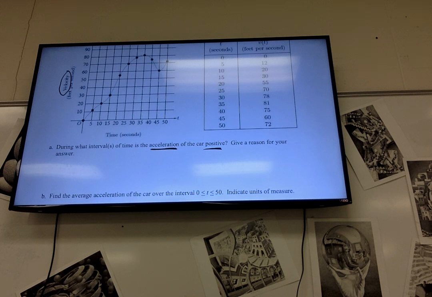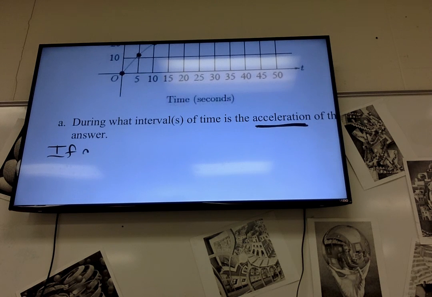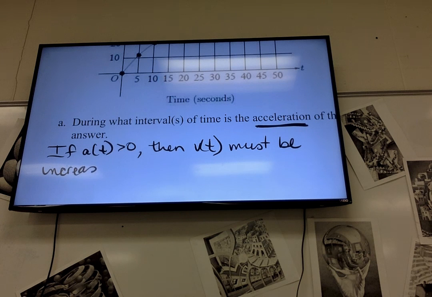So we look at the graph or we look at the table, and we're going to find where v of t has a positive slope or is increasing. So how we can describe this is if a of t is greater than 0, then v of t must be increasing, which occurs on